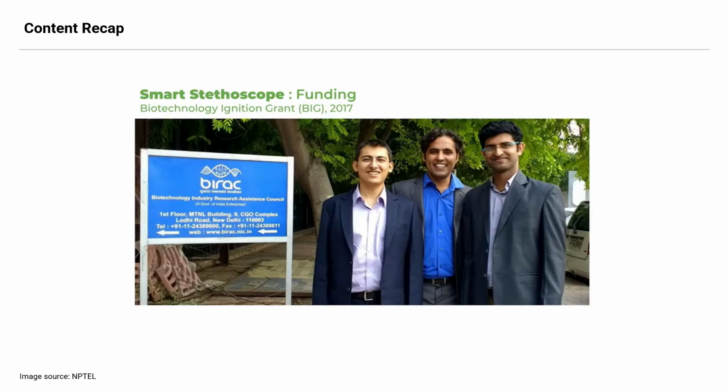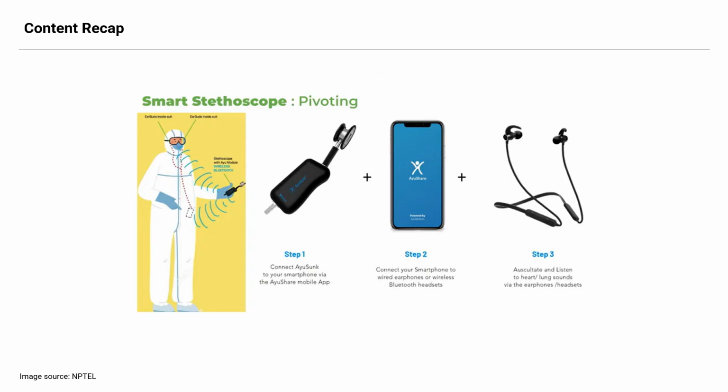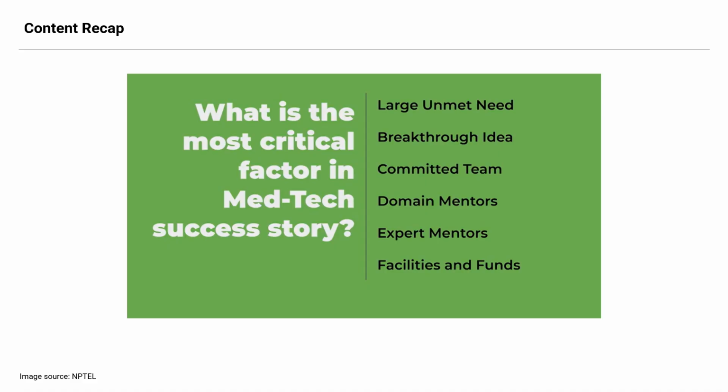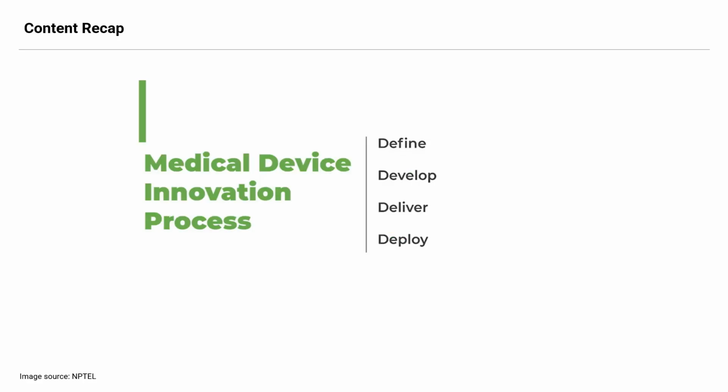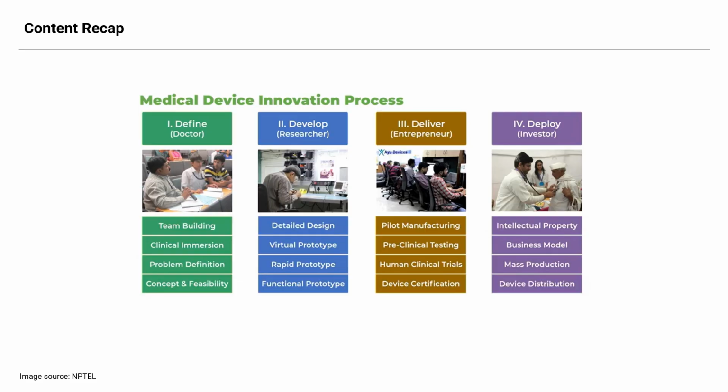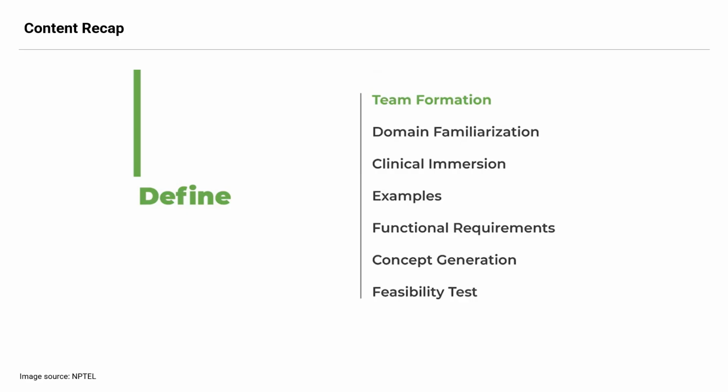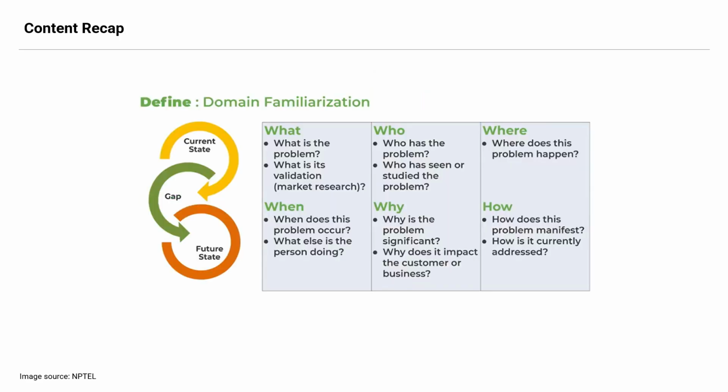It is called the big grant because they got around 50 lakh of funding, and how the device can be paired up with a mobile application and can make things work much more easily, in a touchless and wireless way. So these are the various critical factors, medtech stories, the 4D process. Now the 4D process is about the medical device innovation process, wherein it is define, develop, deliver, and deploy, and it has been detailed out more by Professor Ravi in terms of examples and the context about the domain